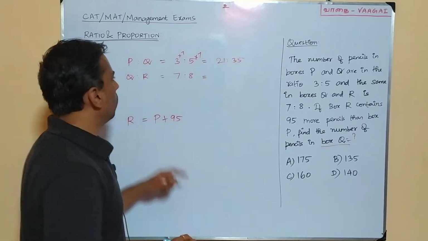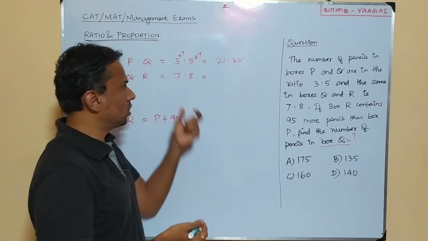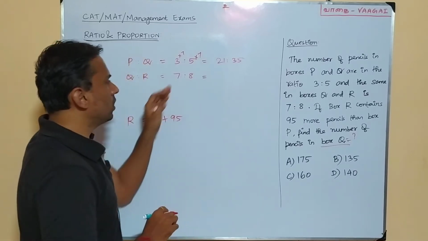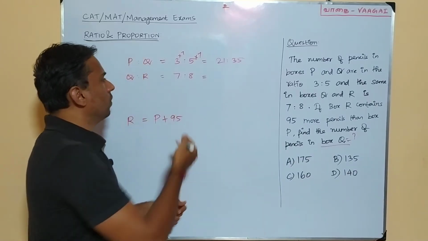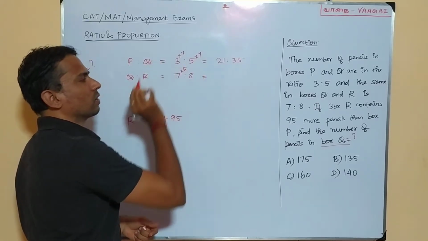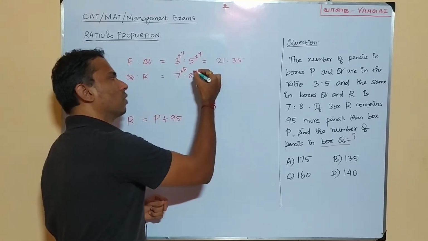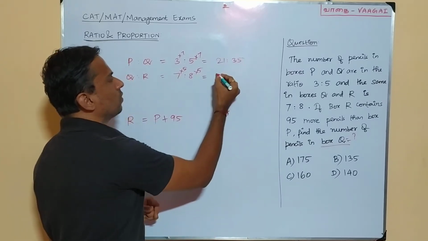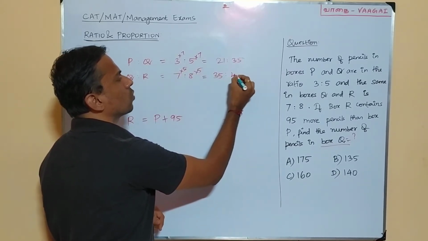So now P:Q, the new ratio we are getting, is 21 is to 35. Of course, it's the same, but we are expressing it with two new numbers. And coming here, we have Q:R as 7:8, and as planned, we'll turn this 7 also into the same 35. For which we have to do 7 into 5. 7 5s will give us 35, and for the same reason, we'll have to multiply this 8 also by 5. So once we do this, we'll be getting 7 into 5, 35 is to 8 into 5, which is 40.